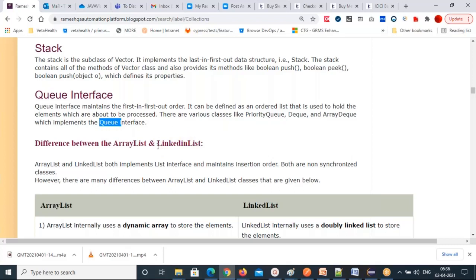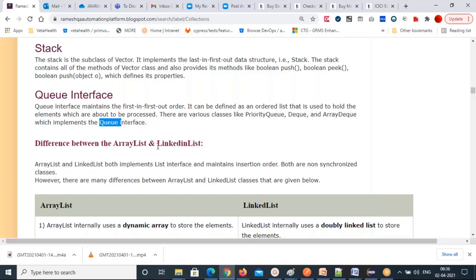That's the first interview question. Can you explain the hierarchy of the collection framework? Then you need to tell iterable, collection, list, DQ, queue, set, and then list is implemented by array list, linked list, vector, and stack.